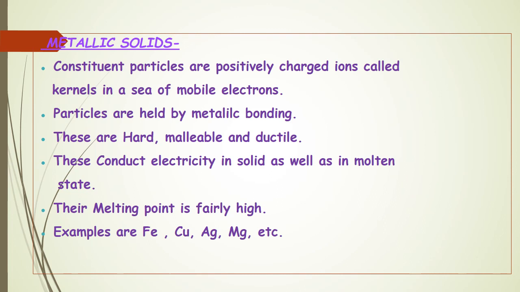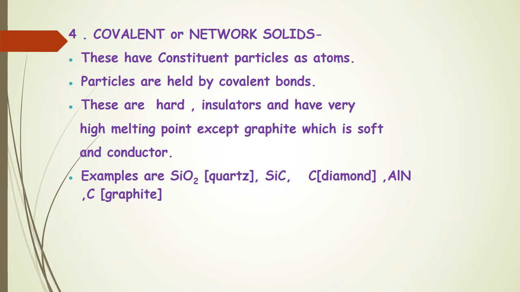magnesium are their examples. Covalent or network solids. These have atoms as constituent particles, held together by covalent bonds, which are very strong and make them hard. These are hard insulators and have very high melting points. Except graphite, which is very soft because it has a sheet-like structure and can be pressed easily, and is a conductor because it has free electrons to conduct electricity. Examples: silica, silicon carbide, carbon, and